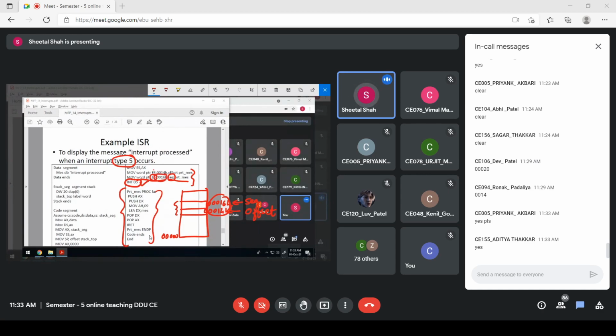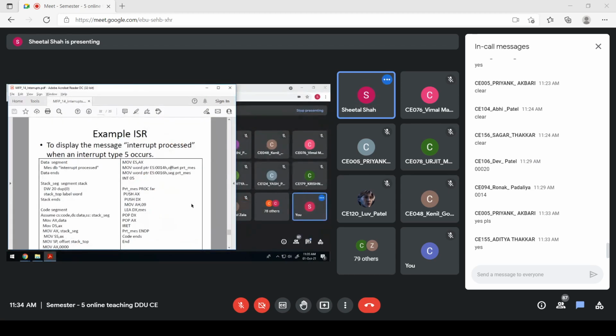And this segment value I am initializing with 00. So the physical address for this would be 0000:0016, which leads to 00016. So at this address we are storing the segment address of this ISR, and at the address ES:0014 we are storing the offset value of this interrupt service routine. Is this thing clear now?